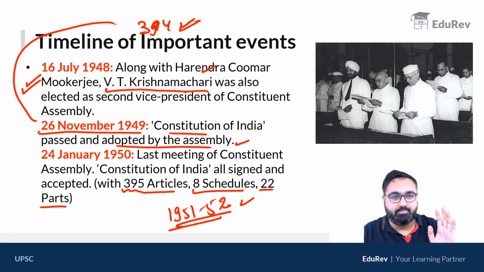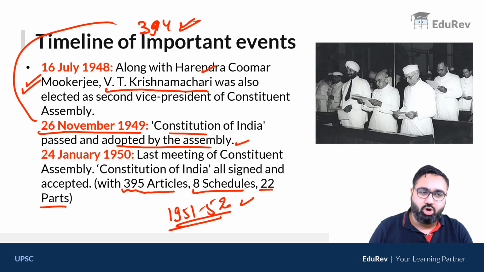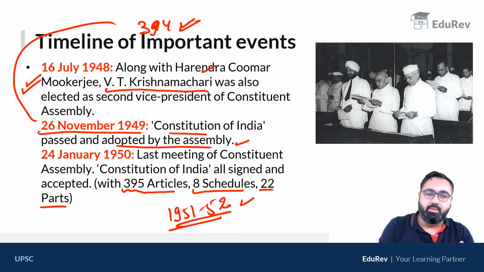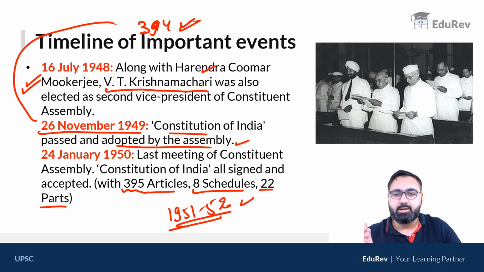meaning that we officially did not have any parliament. That is why when the Constituent Assembly finished the work of constitution making, when the constitution was enacted on 26 Jan 1950, the same people in the Constituent Assembly turned themselves into the parliament. So they were the same set of people, they came to the same place, they had the same kind of meetings. The only difference now was that from now onwards, they would be called the Parliament of India. Earlier, they were the Constituent Assembly of India. That was the only thing that had changed.